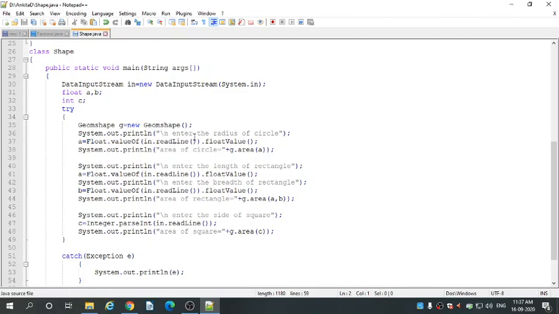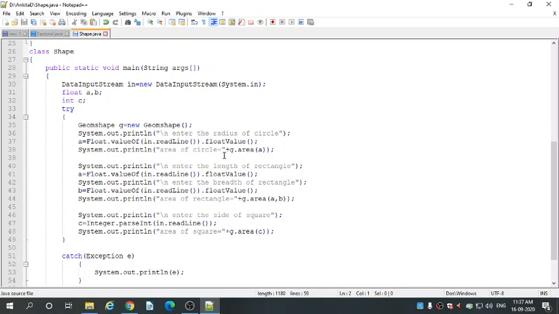The program asks you to enter the radius of circle. So here you have to pass a float type argument, a float type radius for the circle. So it will be read by the shape class. Then comes System.out.println area of circle equals plus g.area. By this line you get to know we are calculating the area of circle. G.area, in brackets we pass a.